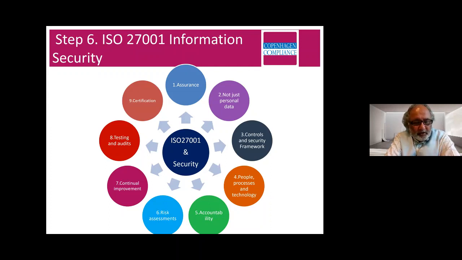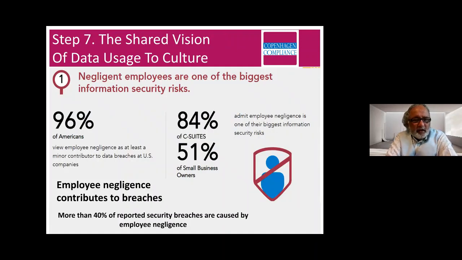Everything is based on risk, and we want continuous improvement, and you also need to do audits and testing so that ultimately you can get some kind of a certification. So this is another way of taking into consideration that all corners have been addressed so that nothing is left